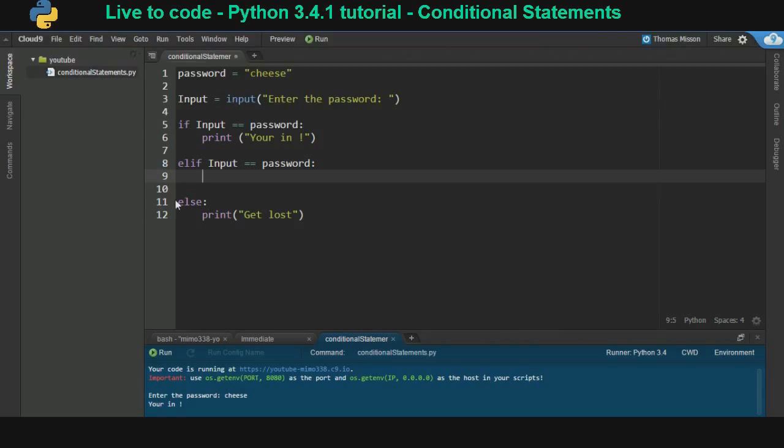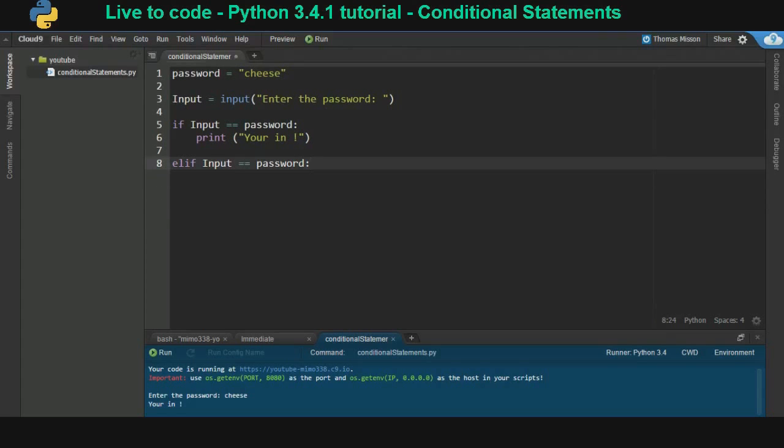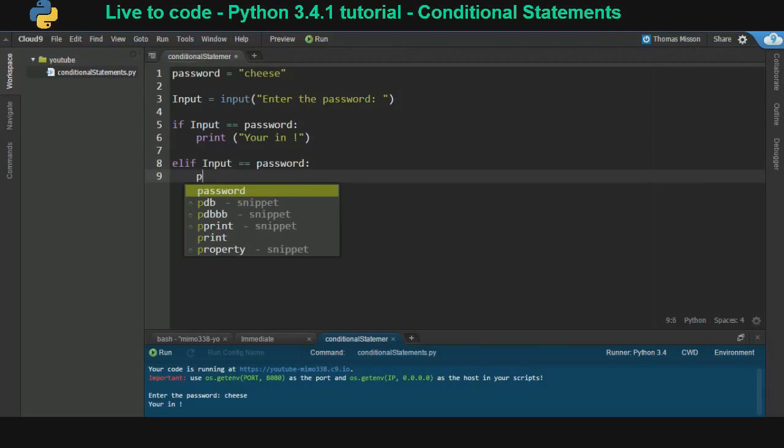I'll show you how you don't need the else and you can use elif in the same way. So elif the user's input is equal to the password that's been declared here, then what you can do is print